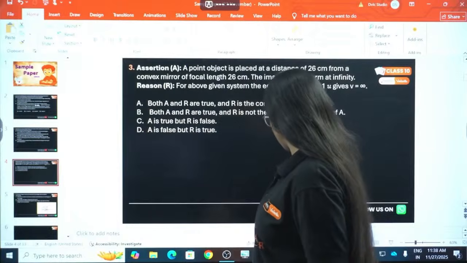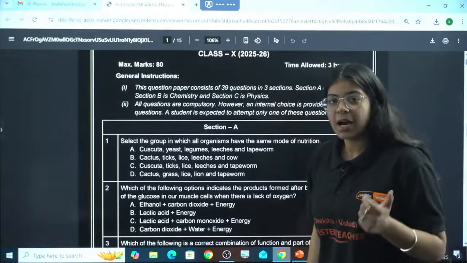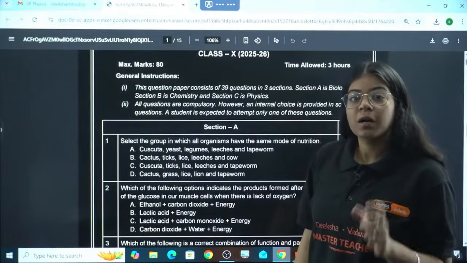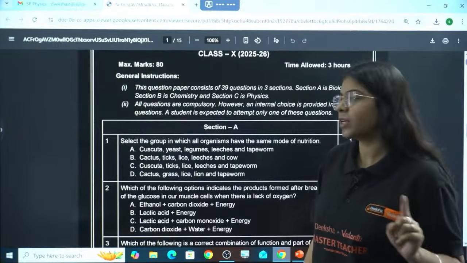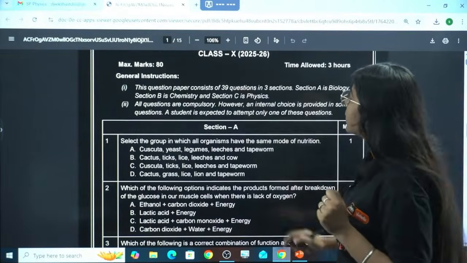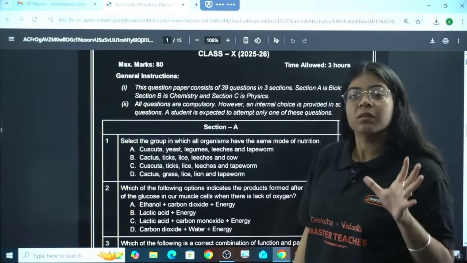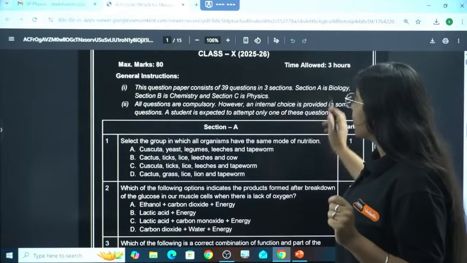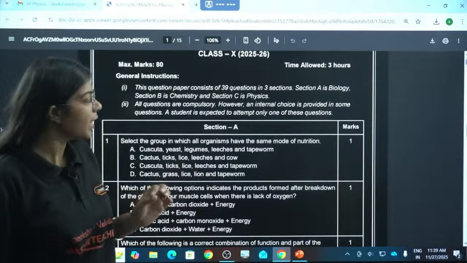Okay, let me show you the exact sample paper. This is our sample paper for complete science that CBSE has released for 2025-2026. If we look carefully and read the instructions, it says there will be a total of 39 questions, and section A will be biology, section B will be chemistry, and section C